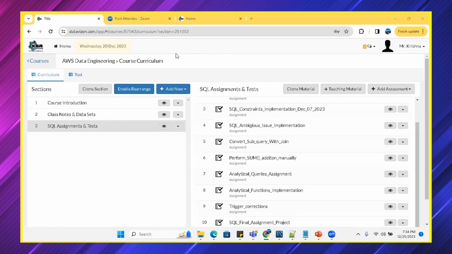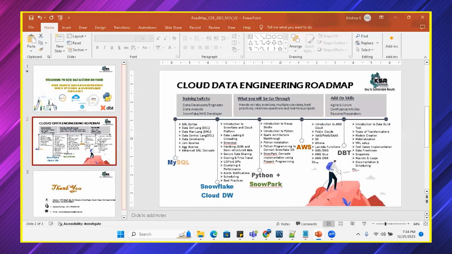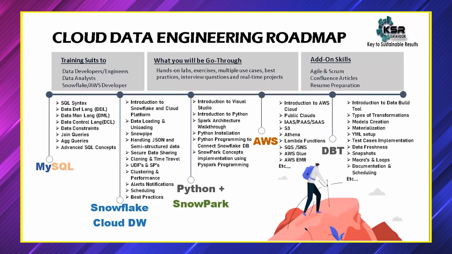Right, Krishna. Yeah, sir. Actually, are we learning the entire end-to-end project from MySQL to Snowflake? It is kind of a data migration project or DBT. Can you just repeat that, sir? You're breaking in between. I want to know, in this course, are we learning the entire end-to-end project from database to data warehouse? Yeah, we are going to learn the entire thing: how you migrate the data from on premises into the cloud. After loading the data into the cloud, how you deal with the data, and medallion architecture, staging and CDCs also we will be learning. How you can do change data capture in day-to-day activity. Yes, we are going to learn the entire project.